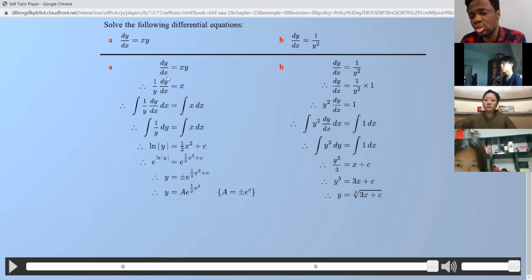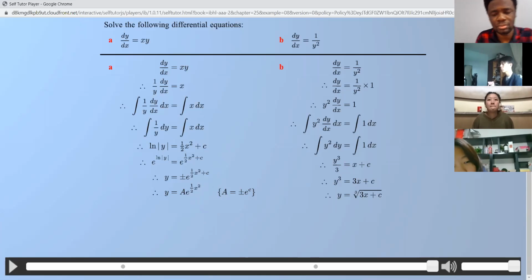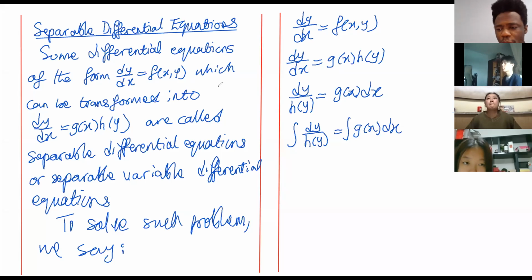Now, what you could also do to make life easier, if integrating with respect to x on both sides is not convenient, is to just do what we do in integration by substitution, where we treat dy by dx as a fraction. So you can cross multiply. Okay, that might be easier for some of us. I'll show you what I mean. So taking the first question, for example,